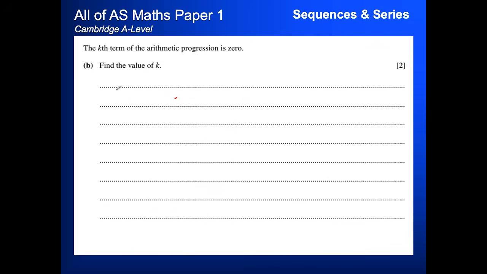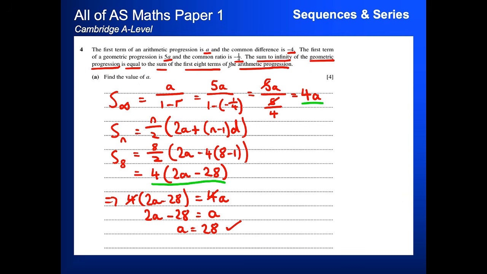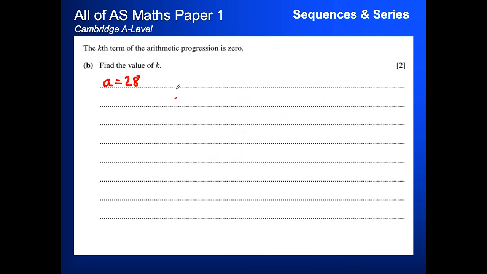Well, we now know that a is equal to 28. And if we look at the arithmetic progression, we know the common difference is equal to minus 4. So I'm just going to write that down, d equals minus 4. And we want to find the term such that it's equal to 0. Now remember, the nth term of an arithmetic progression here is a plus brackets n minus 1 d. So I'm going to exploit this. And I want to work out what it is equal to 0